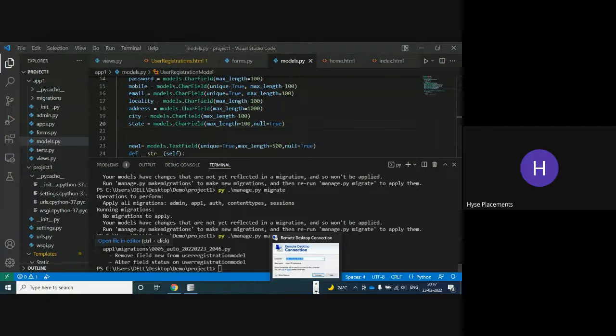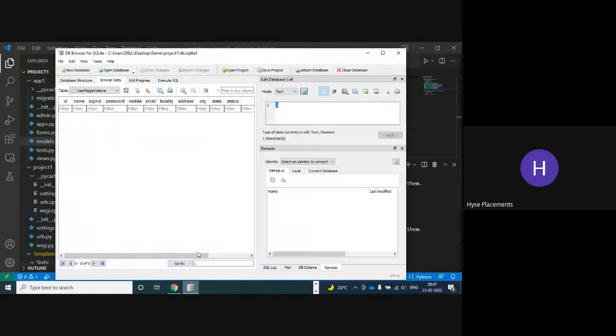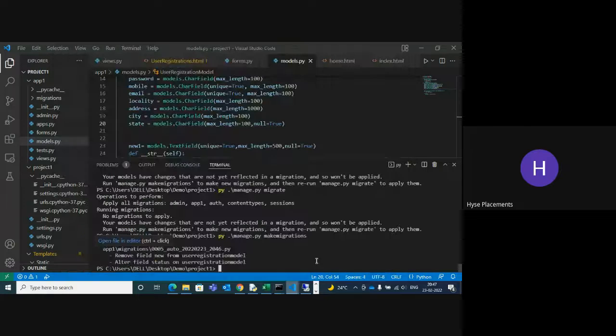Once you see, before I'm saving, I'm not running. This time you can check your database also. The new field will not be present. Okay, I can check. Okay, what happened? New will be